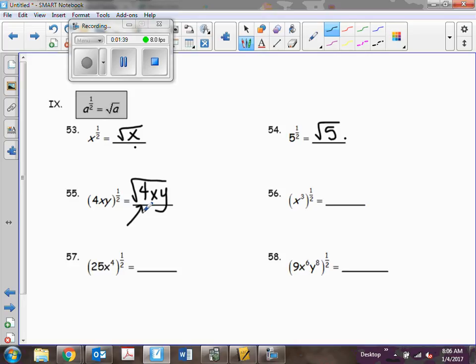So that means that I can rewrite this where that 2 is out in front, and then I'm left with the square root of xy, because xy, they don't have anything special going on with them. But 4 was a perfect square, so I can take that square root and take it out of that radical. So this would be my simplified answer. It would be 2 square roots of xy. And if I look at number 56, I can go ahead and distribute